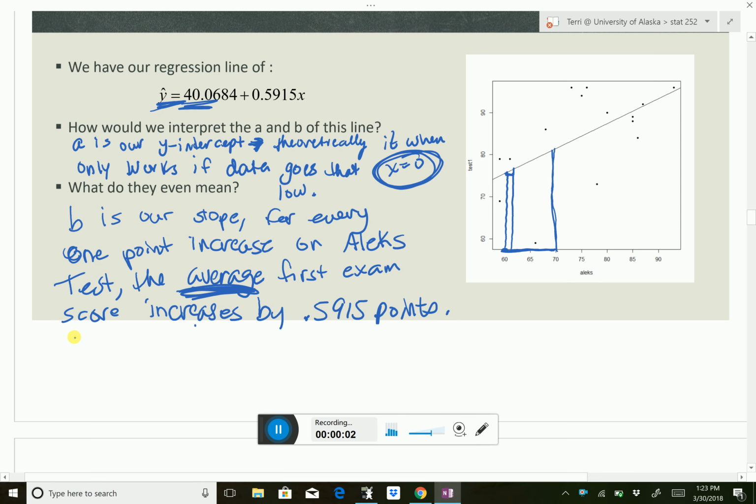So we're going to say, in general, for each 1 unit increase in X,